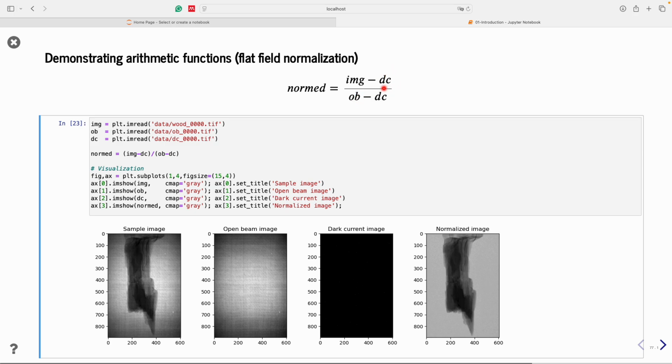And then we need to subtract the DC, which is the dark current, a bias that is introduced in the camera to better handle the thermal noise. So here we have the sample image, the open beam or flat field, and the dark. Here I show the dark as just black, but it's more or less a constant level with some